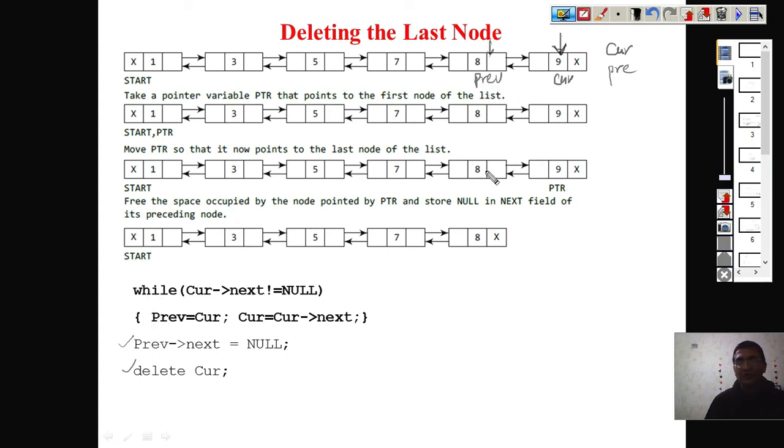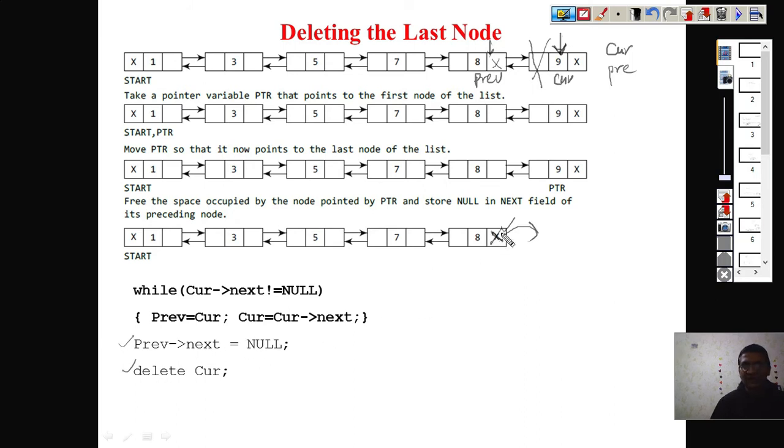Now what is required? We want to delete this node, but before deleting this node, we want to set the previous node as the last node. If you want to make this node the last node, that means you want to set a null value here. So this is what we actually want. When you keep this null value, that means it is not connecting to any other node. So it's very simple. You will write previous next equals to null.